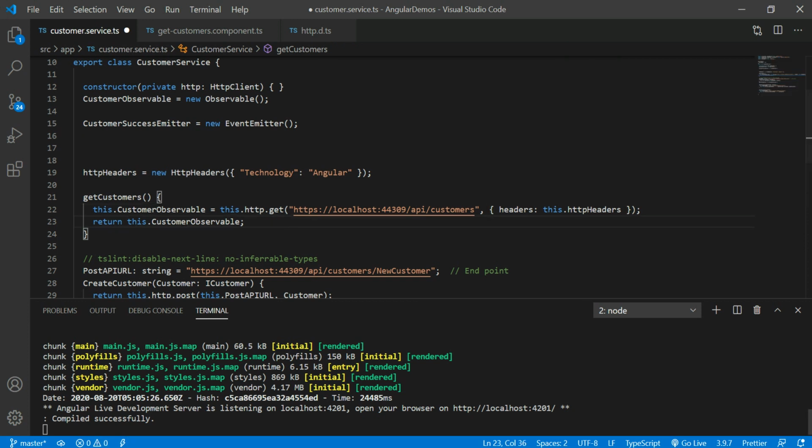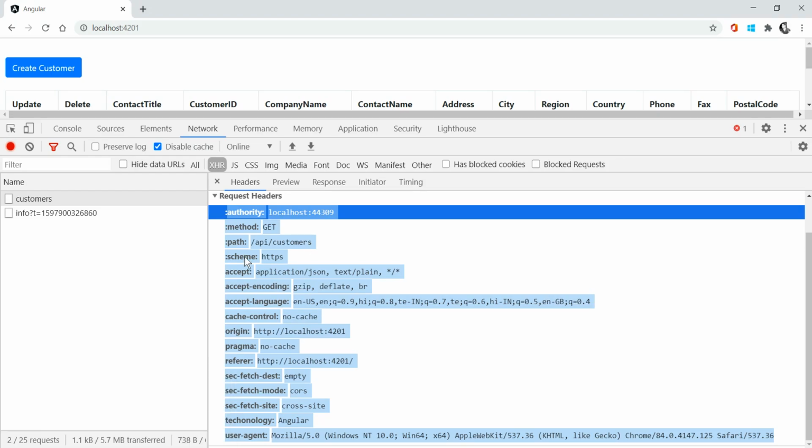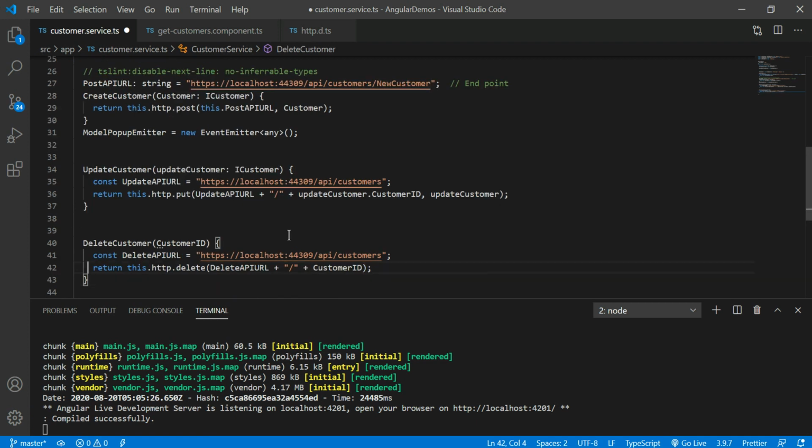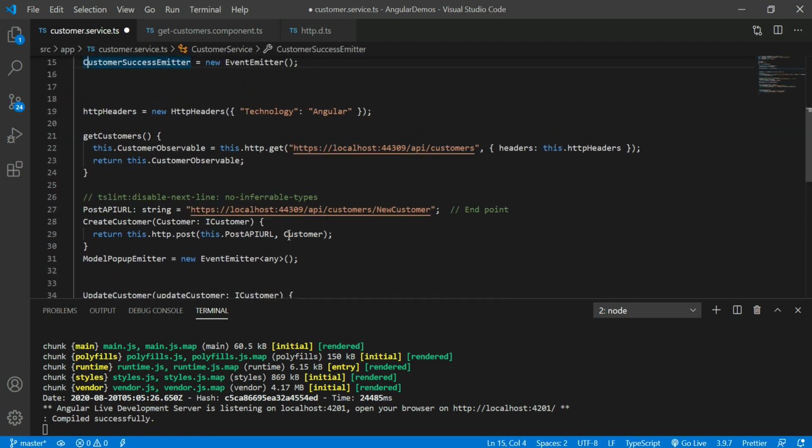By default, if you observe, these are the default HTTP headers of this HTTP request. Not only this request, if you take the put, delete and post operations, the same default parameters are passed to the API.